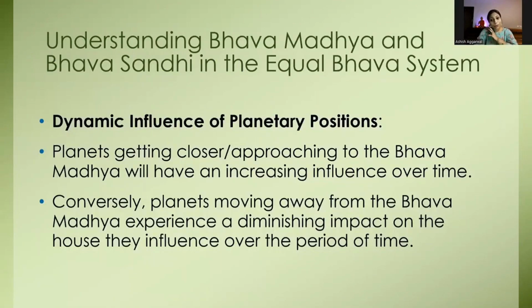One thing that is very important is that when, for example, the ascendant degree is 15 and a planet is placed at 10 degrees in any house, it means that we are approaching the middle degree of that house with the message of time. So the influence of the planet will increase over time, not decrease. On the other hand, if the ascendant degree is 15 and a planet is placed at 17 or 18 degrees, then it is completely impacting. However, their impact will start to decrease over time because they are moving away from the middle degree of the house.